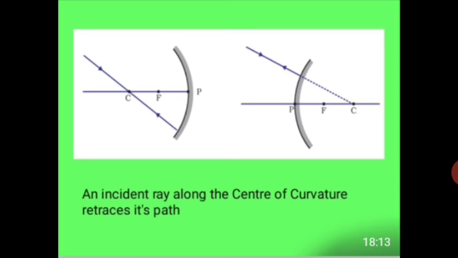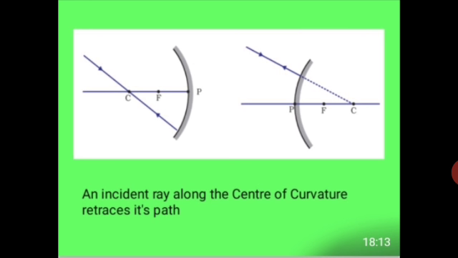The second ray that we can draw is a ray of light passing through the center of curvature. The incident light is obliquely falling on the mirror but is passing through C, that is the center of curvature. In such case, the light retraces its path, reason being, when the light falls along the center of curvature, it is actually incident along the normal. Since I is equal to 0, R also is equal to 0, hence the light ray retraces the path.